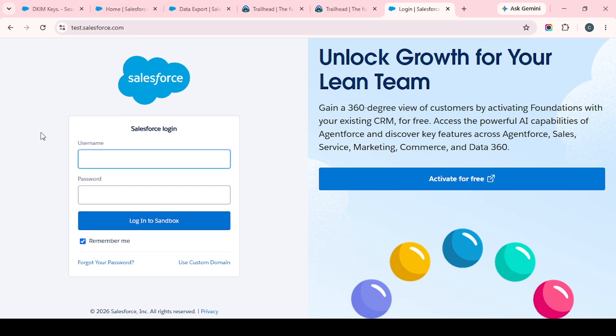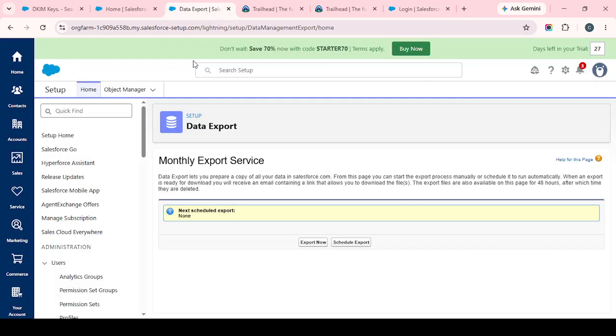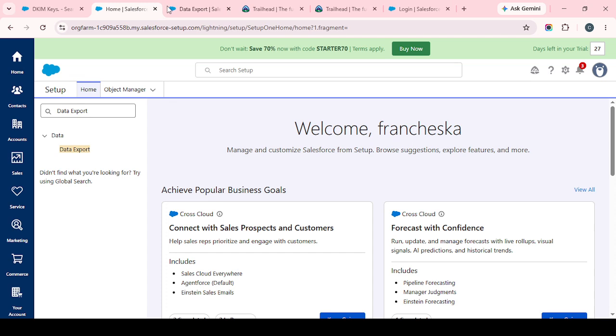As the results appear, select App Manager from the list. This will take you to the area where Salesforce apps are managed, including standard apps, custom apps, and connected apps. If you work in Salesforce often, this section is worth getting familiar with because it's the central place for app